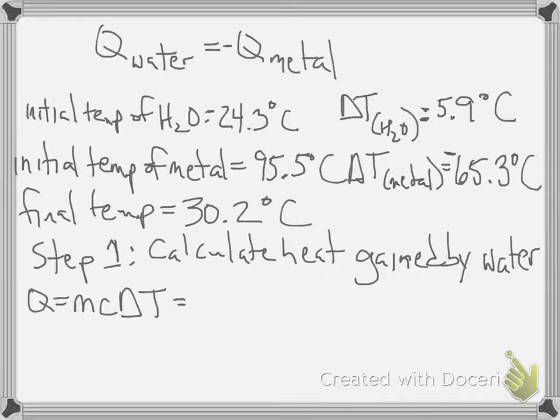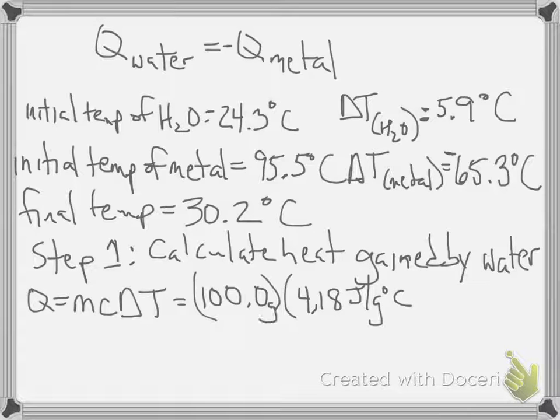And we have a mass. In the lab, we started with a mass of 100 grams. So I'm going to go ahead and use 100.0. And we know that the specific heat is 4.18 joules per gram degree Celsius. I should put 100 grams here. And then we know that the temperature change is 5.9 degrees Celsius. And so when we calculate all those numbers out,